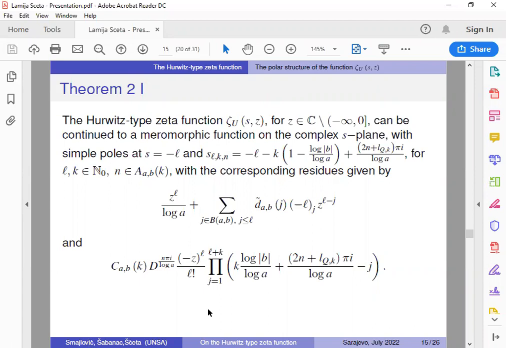So our starting point was actually to look at the function gamma of S times the Hurwitz-type zeta function zeta sub U S Z and express that function as a Laplace-Mellin transform of a theta function. But we also couldn't use the approach given in lecture notes by Jorgensen and Grant, because there we needed to have